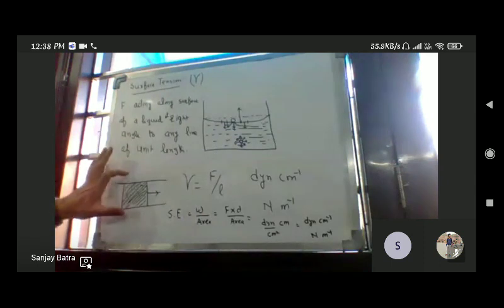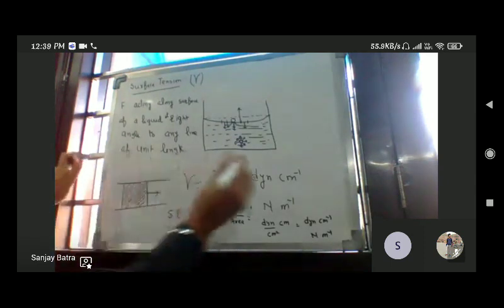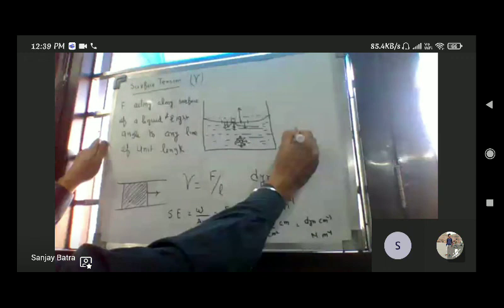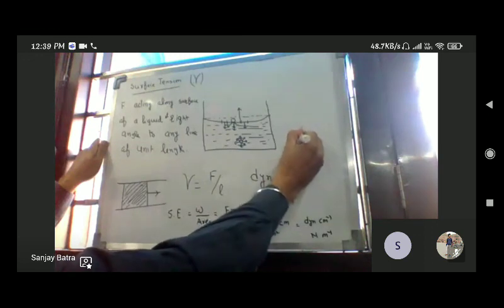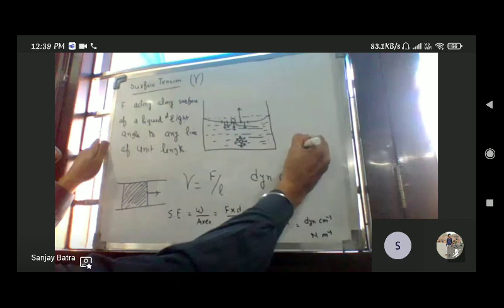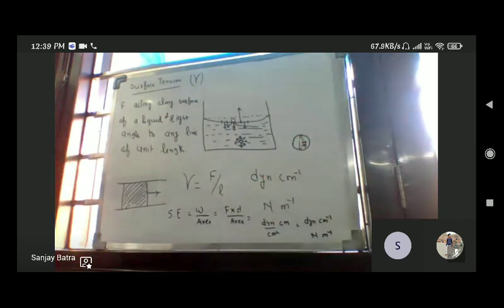When we talk about surface energy, you also know about formation of bubbles, the bubbles that are formed with the help of soap solution. In bubbles also, initially they are small in size and we try to increase their area by blowing them. So there also we need energy to increase the surface.